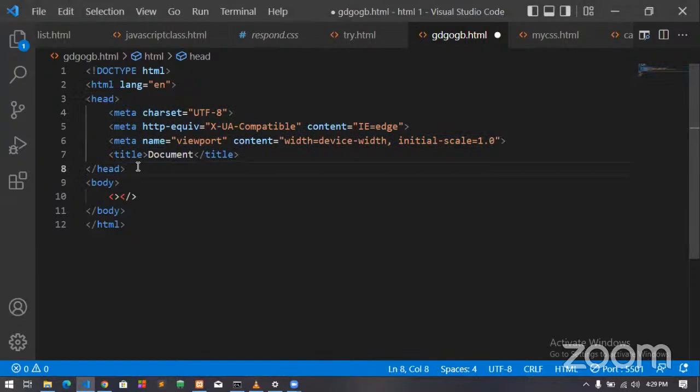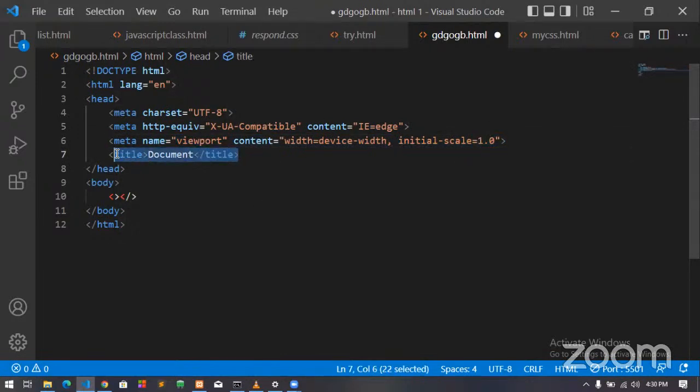Now this contains some meta information about what we're actually doing. We have our meta charset, talking about the encoding. We have the meta content here. Then the meta viewport, this one that works with responsiveness. All these things are not what we'll be going into. If we want to start going into them, then we are going a long way.